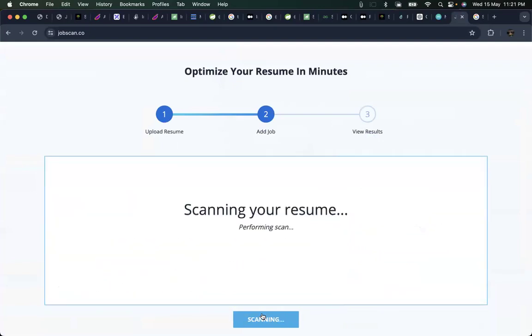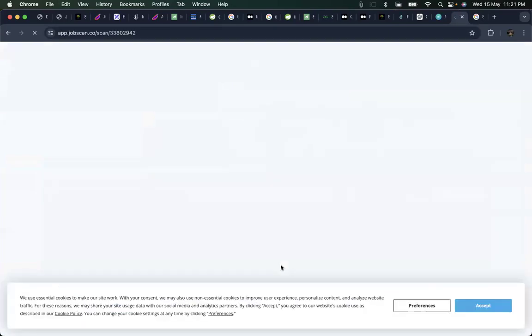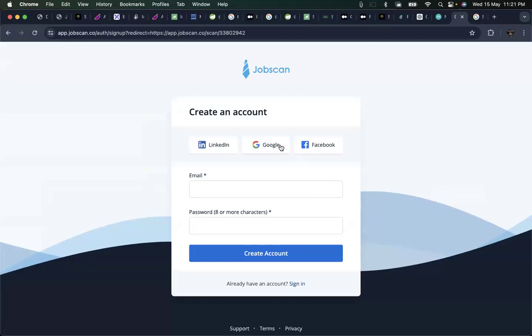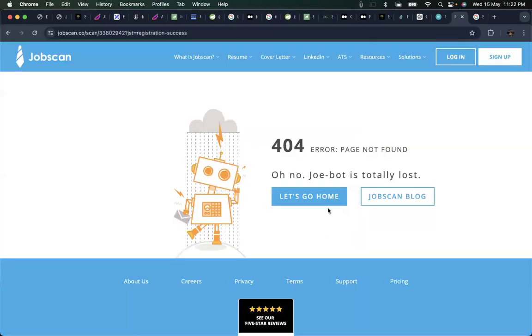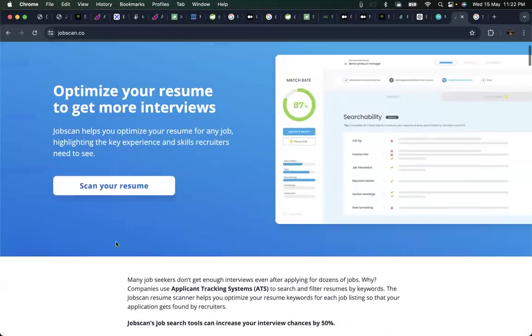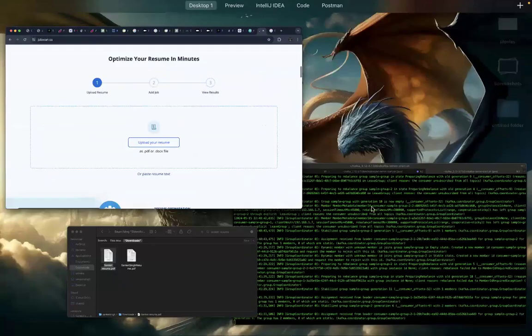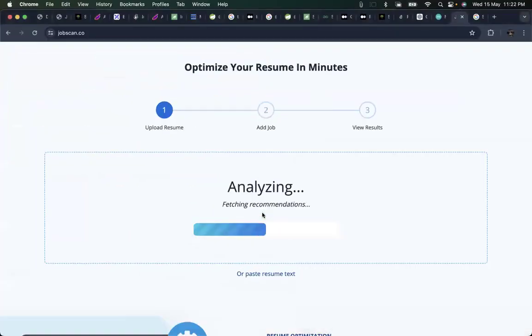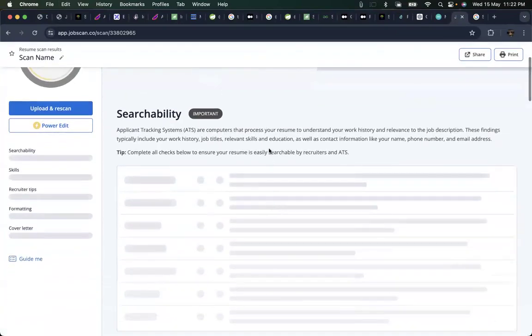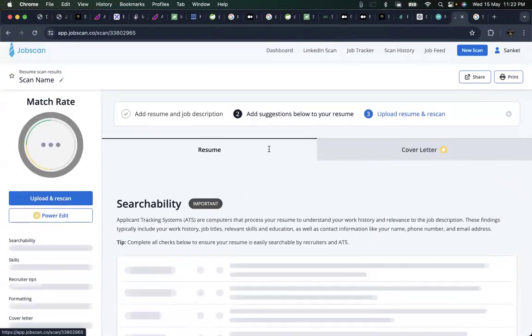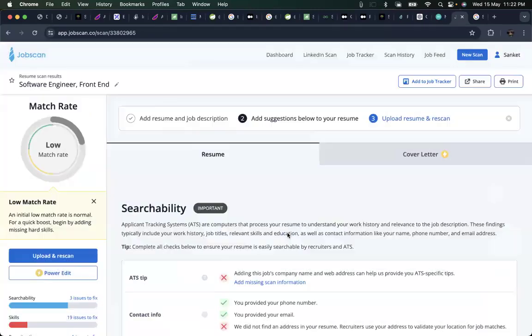पेस्ट, स्कैन, साइन अप भी कर देंगे भाई, कोई दिक्कत नहीं। कंटिन्यू। 404 भाई, क्या स्कैम है? रुको, फिर से करते हैं, स्कैन योर रिज्यूमे। क्या स्कैम वेबसाइट है भाई, साइन अप करा के खुद बनाने का। अब नहीं दिया इसने स्कैन, अब आ रहा है, ठीक है। कुछ तो आ रहा है। अब ये मत कहना कि इसके लिए पैसे चाहिए तुम्हें। डिसमिस, चल।